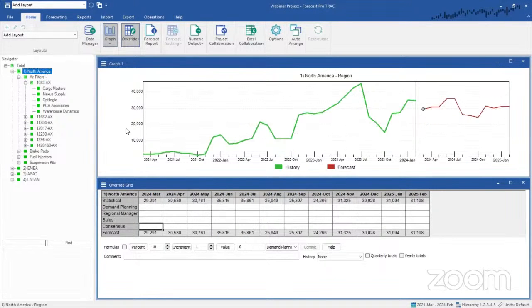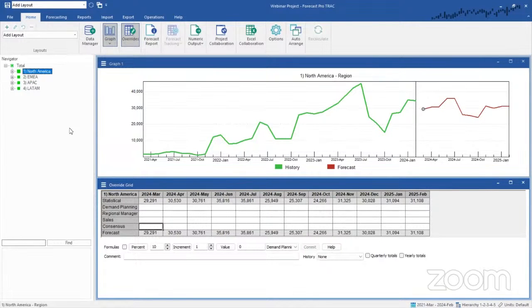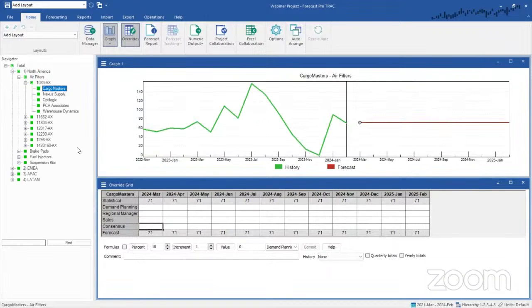Since we already have region here in our product hierarchy, this makes for a very clean way to break up our project into smaller child projects. We'll easily be able to distribute the different regional child projects to each regional manager and get their feedback. The other way we're going to break up our data is by customer to give these to our different sales managers. Now, in order to accomplish this, we need to use a filter file to set up the child